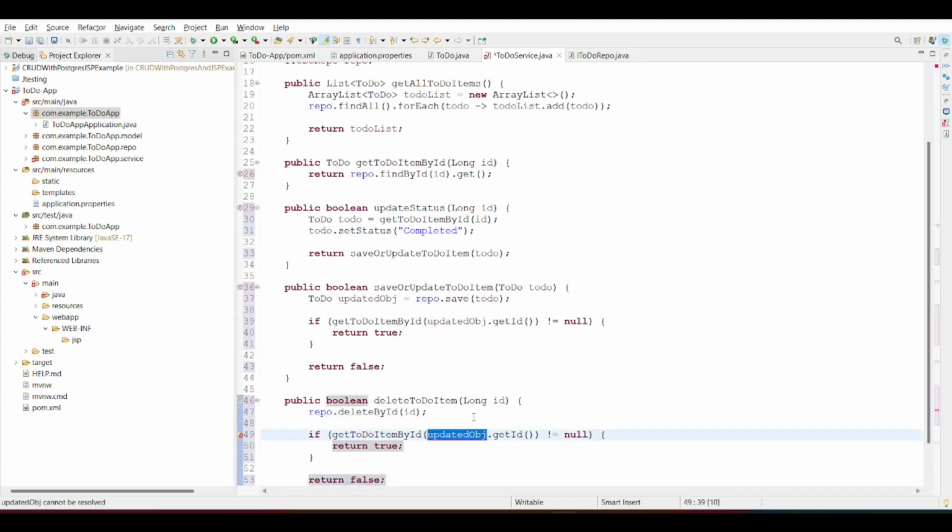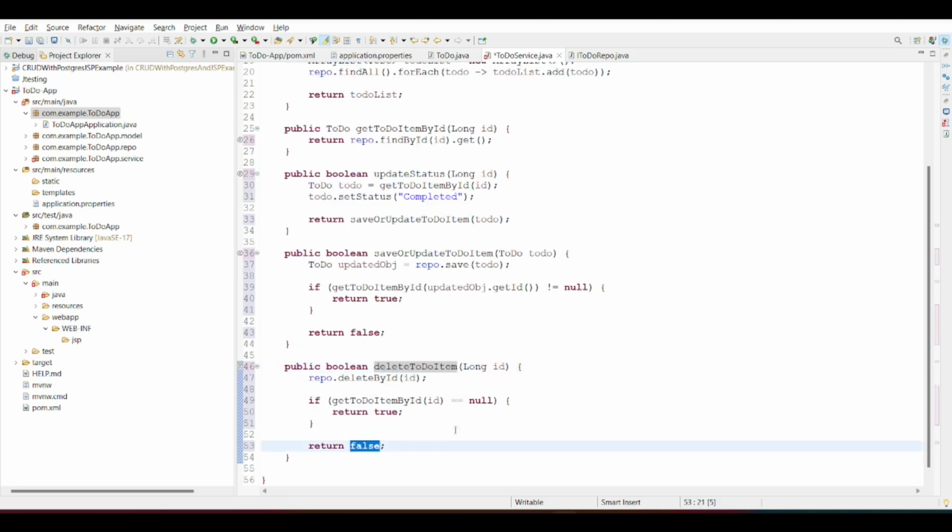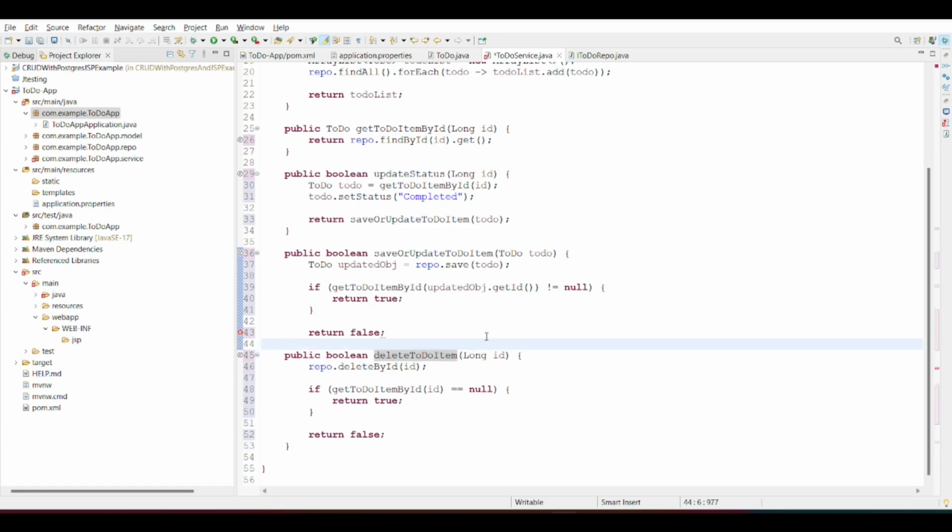Instead of an updated object or something like that, we just need to provide the ID. So if the ID is not there, that means it is going to be true. So here we need to check if it equals null. If it actually equals null, then that means the delete operation was successful. Otherwise we just have to return false. So this condition is the exact opposite of this one. Alright, so we are done with our